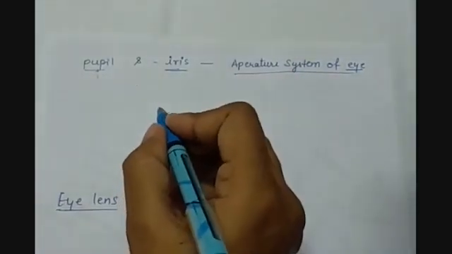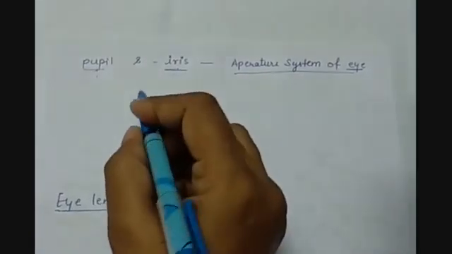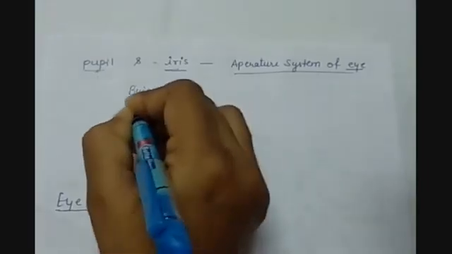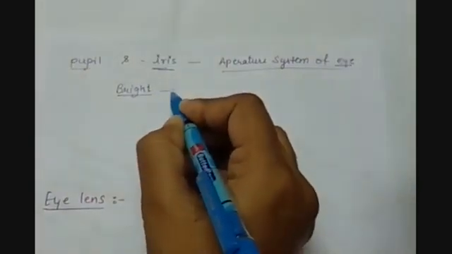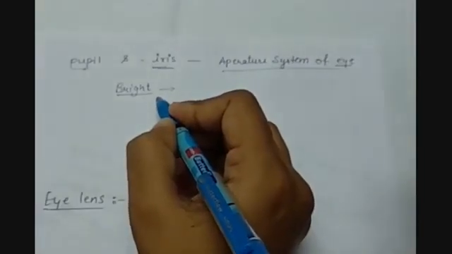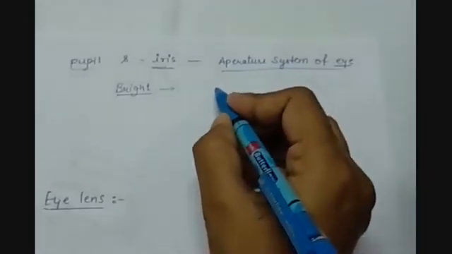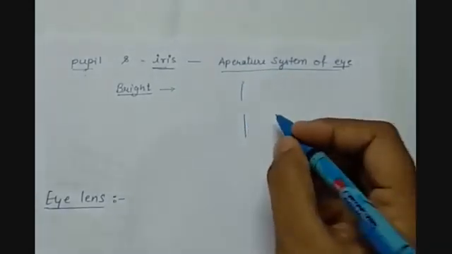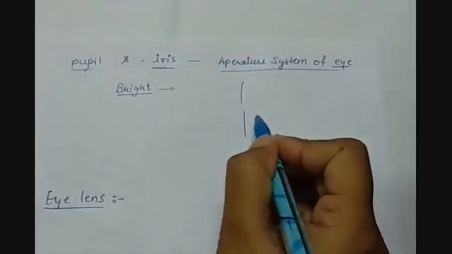Many of times you have felt that when you go outside, when the light is very bright, or when you see towards the sun, then what happens? We close our eyes because we are not able to open the eyes completely. Why? Because our iris causes the contraction and it makes the size of pupil smaller,